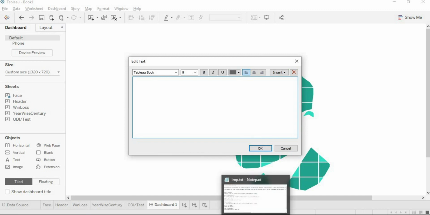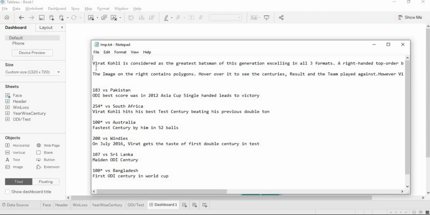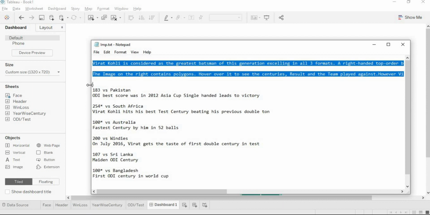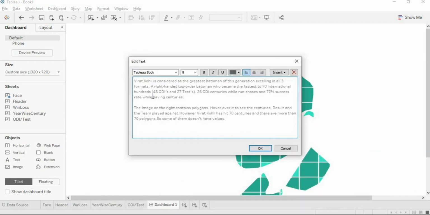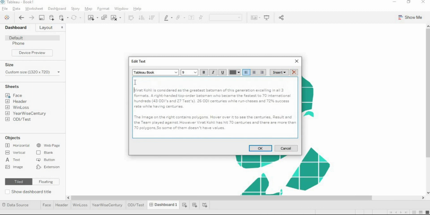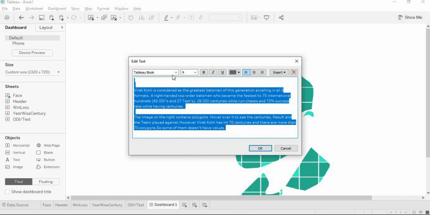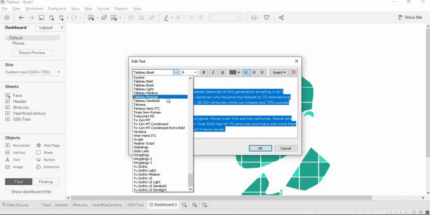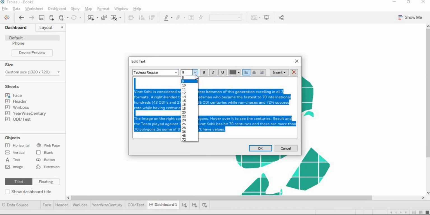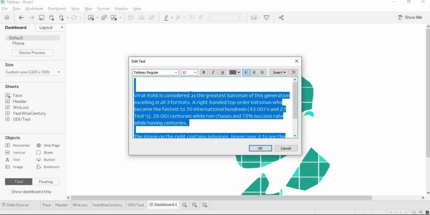I have already selected some contents. So here I have the first two lines, copy, and I will paste here. Two times enter, selecting all and changing the font to Tableau regular and the font size to 12.